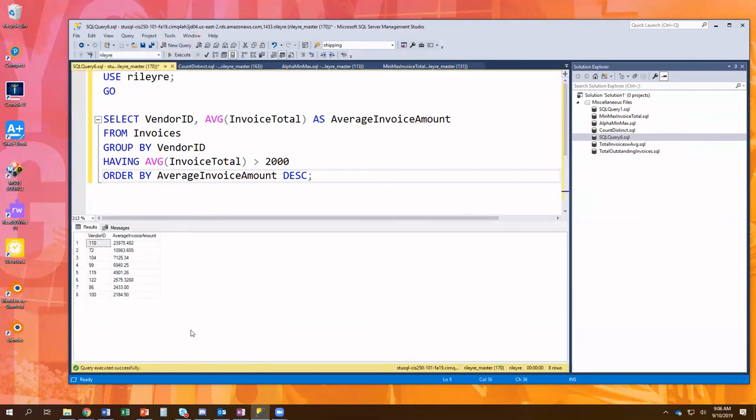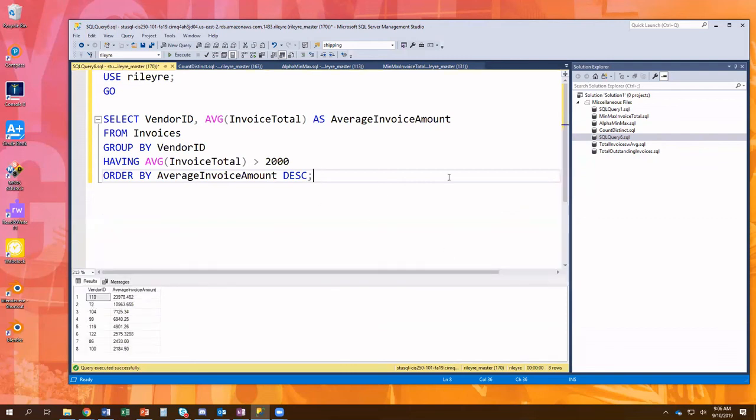So now we see an average invoice amount for each different vendor. And we're starting to get to that kind of data we were looking at first, of a summary report that's showing all of this information. Now, how could we be sure that's right? In this one, we have to do a little bit more analysis. Let's say we could select